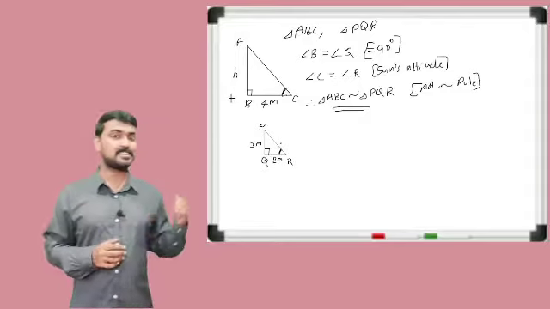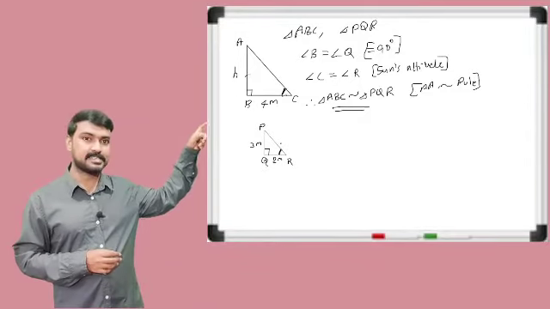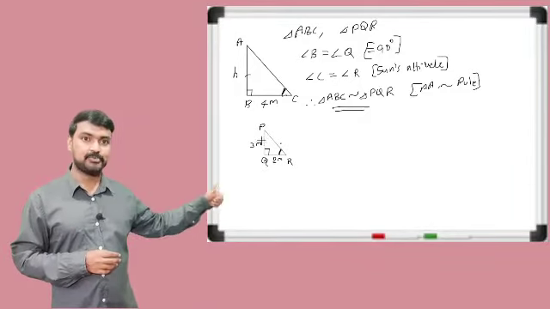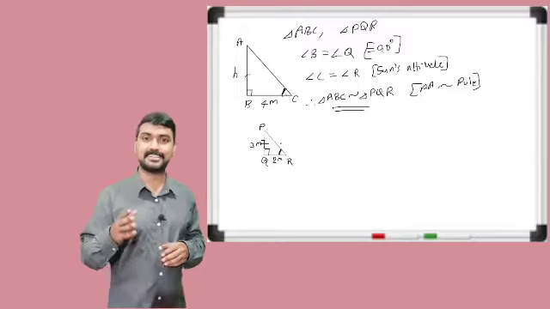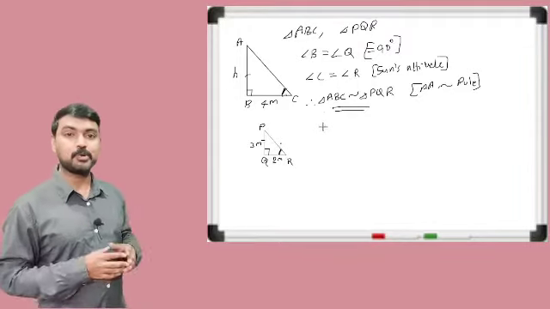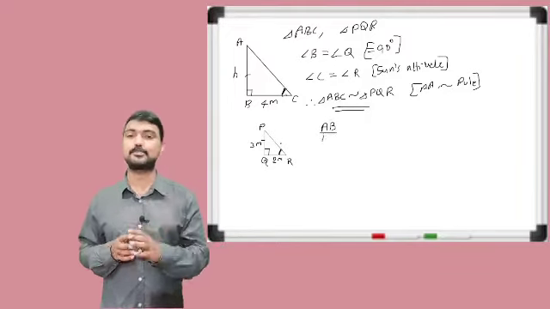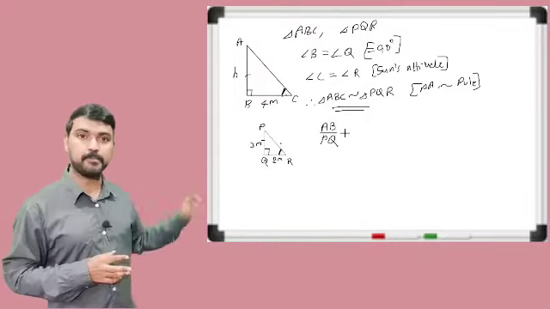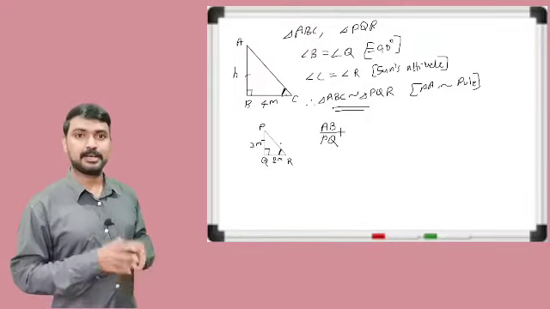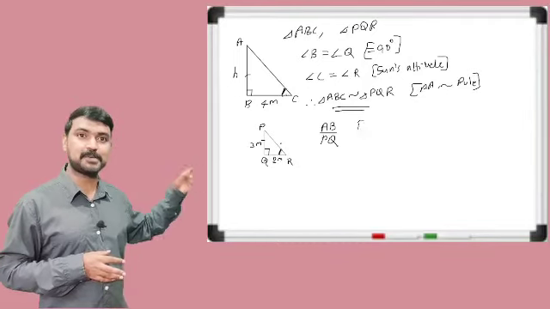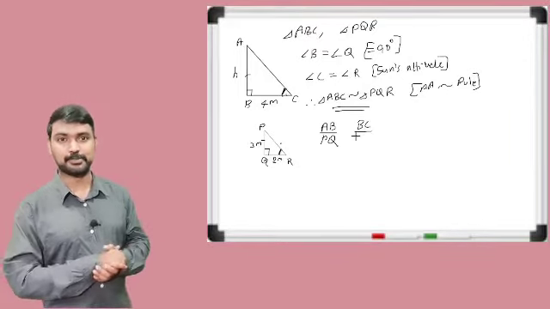What are the corresponding sides here? In the first triangle, AB stands vertically. Which side is standing vertically here? It is AB. Will you say, Rohit? Yes, AB and PQ. So what is the ratio of AB and PQ? AB by PQ. The division is known as the ratio. And the second pair we can consider, the horizontal lines. What is the horizontal line there? BC. Here it is QR. So BC by QR is the second ratio.